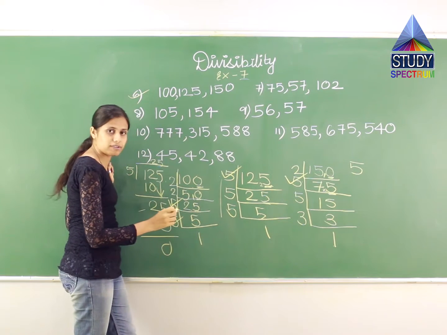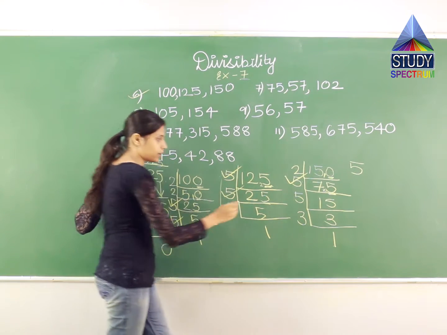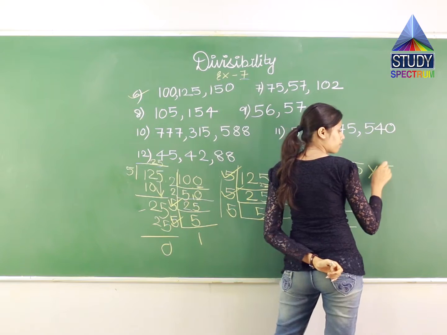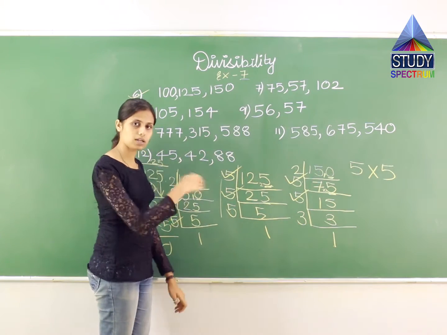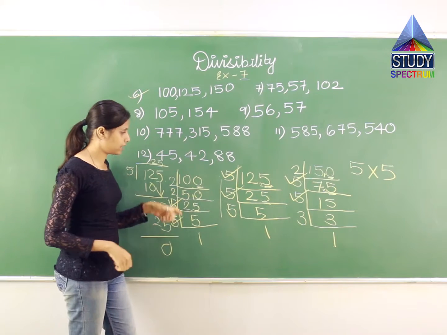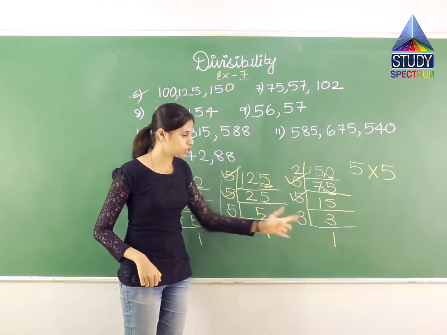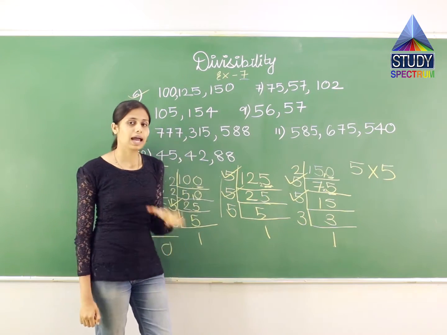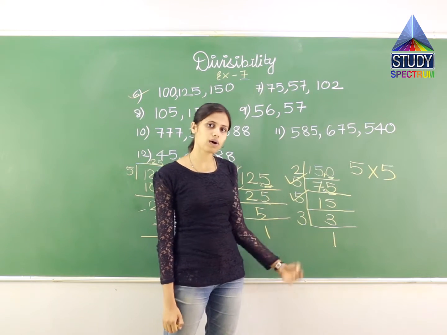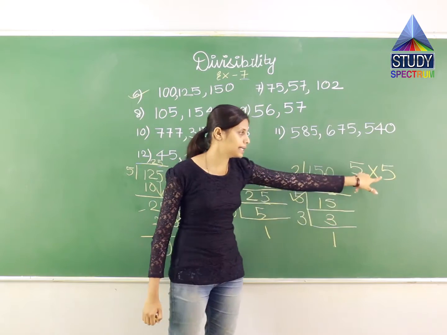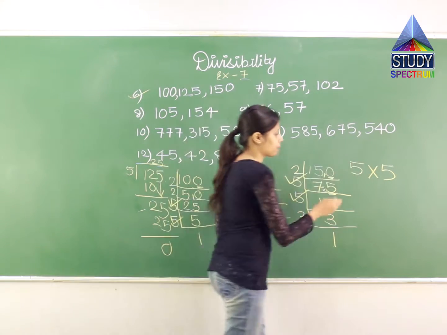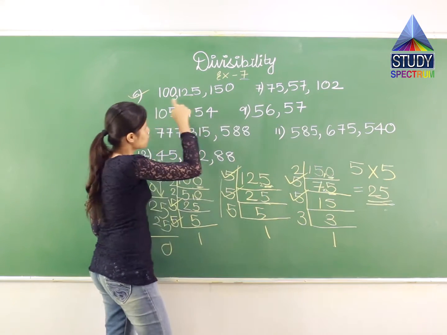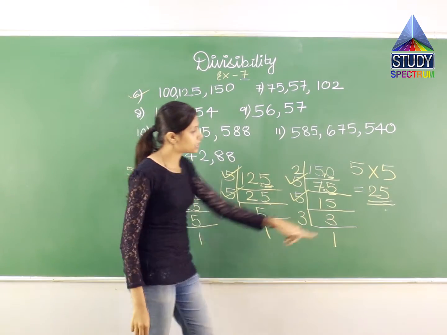Now again I have another 5 over here. Again another 5 over here and 5 over here. So again I have 5. So I can say that yes, one more 5 is there. That is common amongst all the 3 numbers. Then this is done. This has one 5, but this does not have any 5. So I can say that only 2 common factors I get, that is 5 and 5. I want the greatest common factor. How I will get the greatest common factor? By multiplying them, right? So when I multiply them, 5 5s are 25. So I can say that the GCD for the first question, that is 100, 125 and 150 is 25.